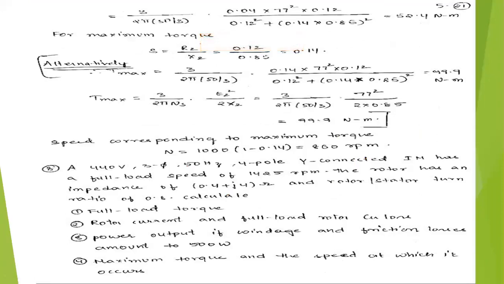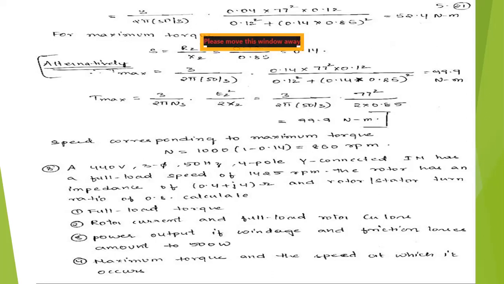A 440 volts 3-phase 50 Hz 4-pole star-connected induction motor has a full load speed of 1425 RPM. The rotor has an impedance of 0.4 plus j4 ohms and the rotor to stator turns ratio is 0.8. So directly they have given the rotor to stator ratio K. And a 440 volts supply voltage is given, which is 3-phase 50 Hz. And the poles are 4 and it is star connected. The speed with which the induction motor is rotating is 1425 RPM and the rotor is having an impedance of 0.4